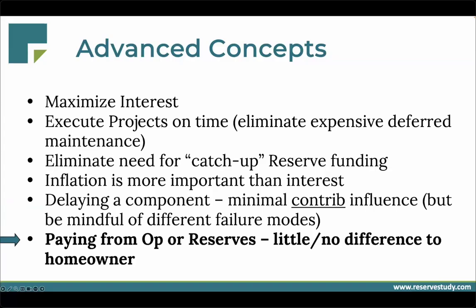Another way to minimize the costs at your property is to appropriately categorize your expenses. So a $2,000 pool heater is just as expensive to the owners, whether it's paid from your operating account or your reserves. But it is important how we allocate those funds. One way or the other, we need to collect the funds so that they can be spent. But please bear in mind, we don't want to double book the same expense so that this expense shows up on your operating budget and your reserve budget, right?